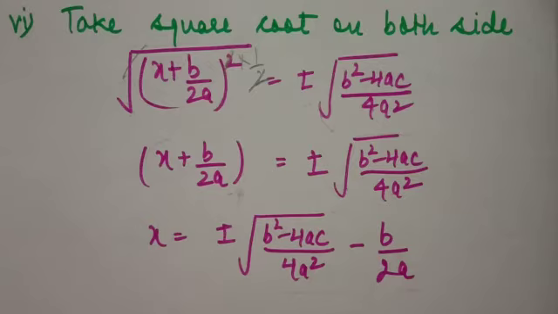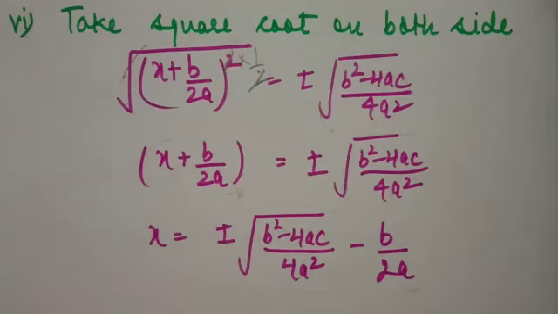So what we did: first step was obtaining a quadratic equation. Second step was to make the coefficient of x square unity. Third step was to shift the constant number to the right hand side. Fourth step was to add the square of half of the coefficient of x on both sides. Fifth step is to write the left hand side as the perfect square of a binomial expansion and simplify the right hand side. And the last and the sixth step was to take square root on both sides. It will give us as the result the value of x.